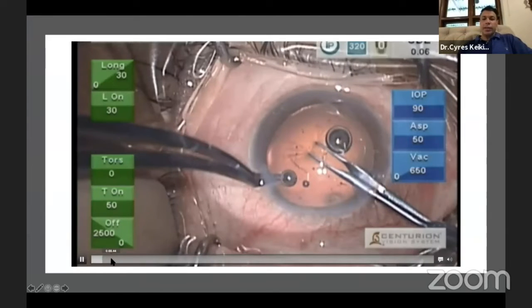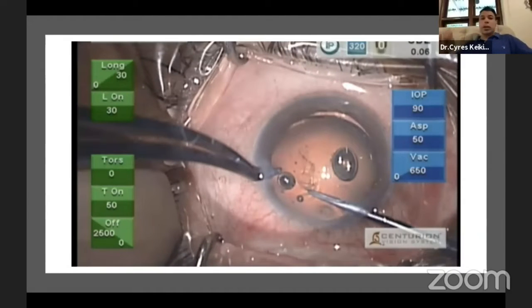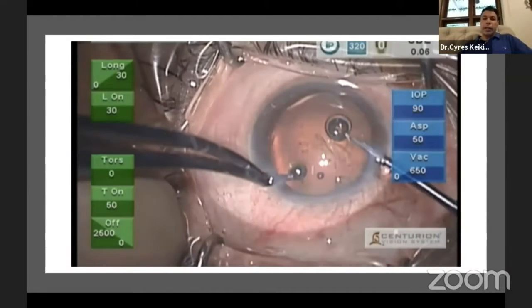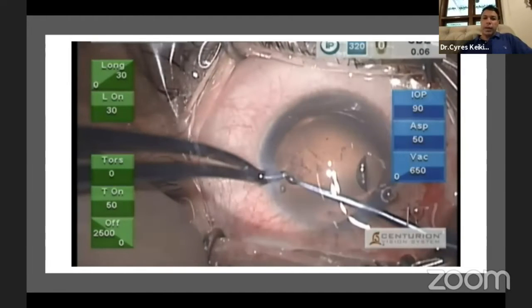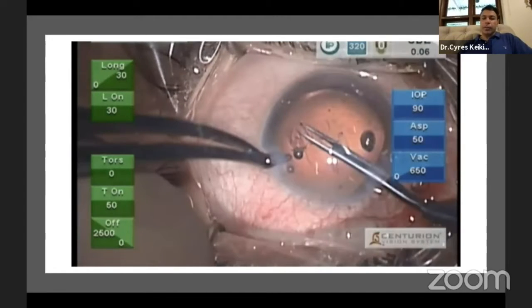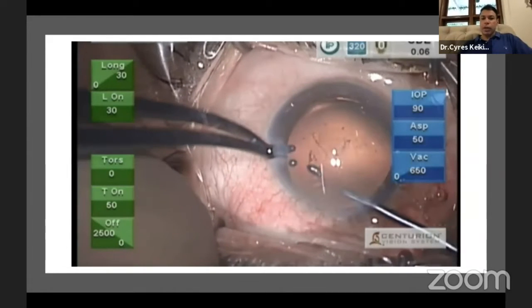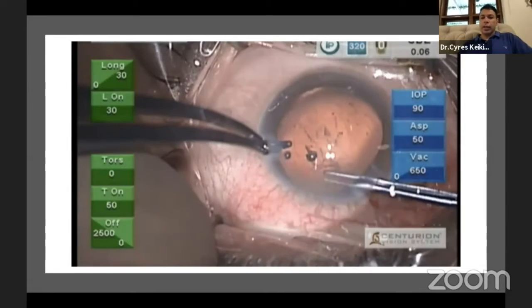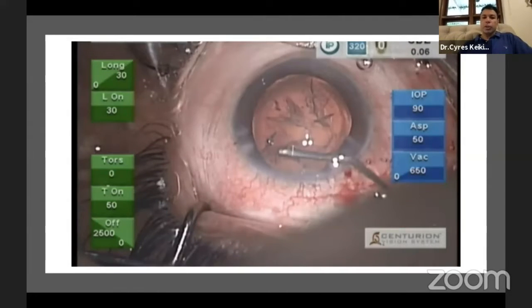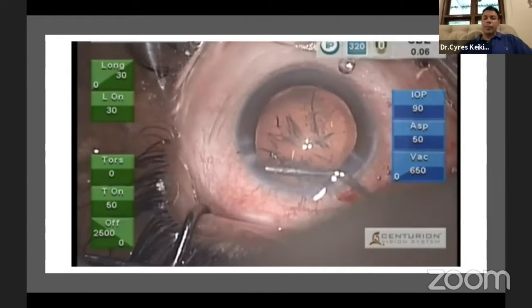So basically, you can see that the lens is subluxed into the anterior chamber now, and part of the angle is closed because of this. This is a 360-degree zonulopathy due to the blunt trauma, but there's no single area or 2 or 3 clock hours of loss, nothing like that. So you don't need a ring segment. You should be able to manage this with a CTR. Now the issue is the whole bag is mobile.